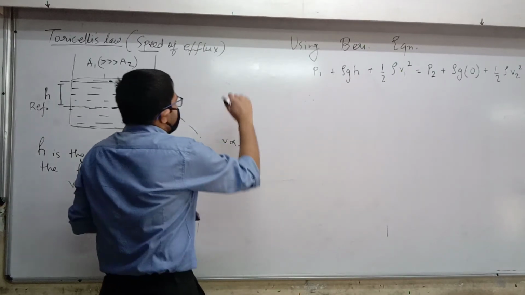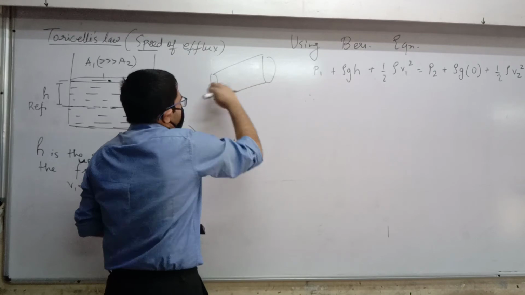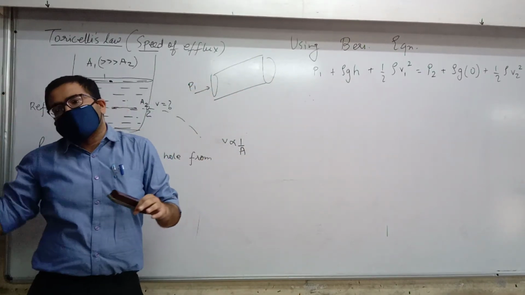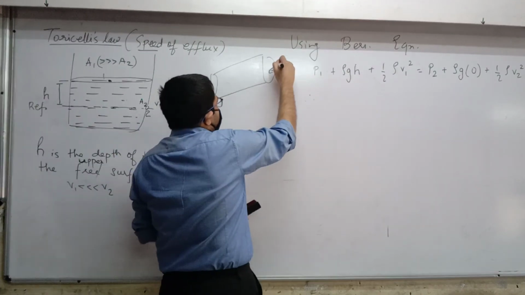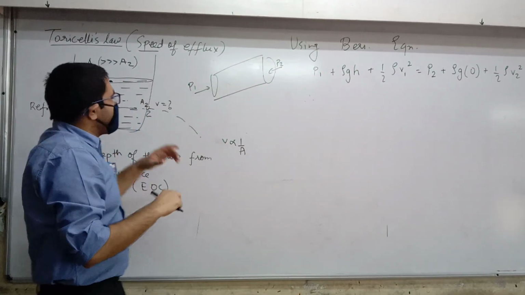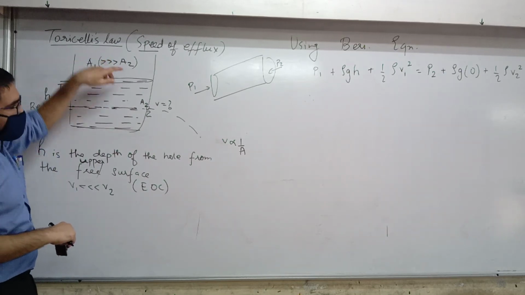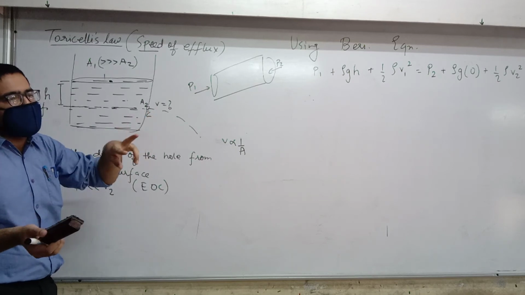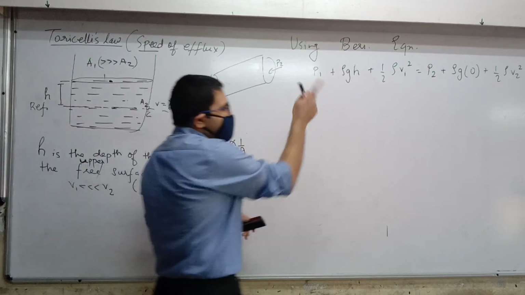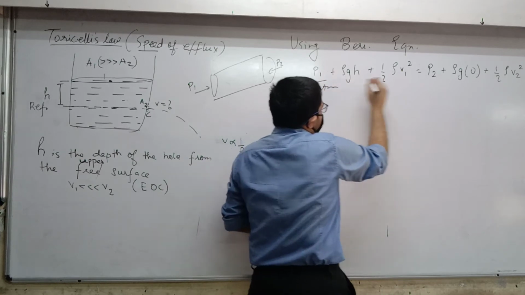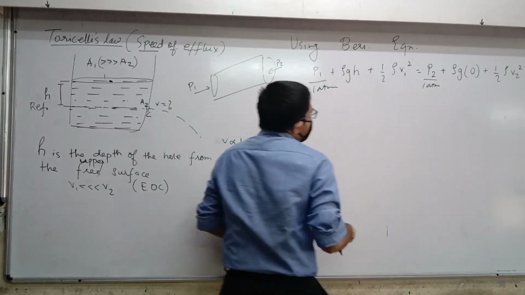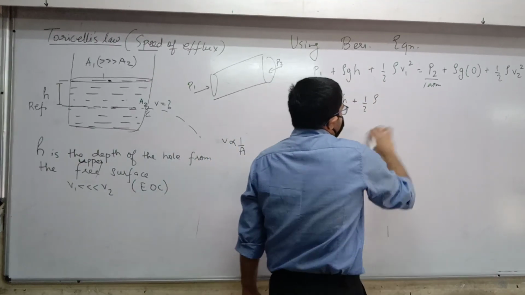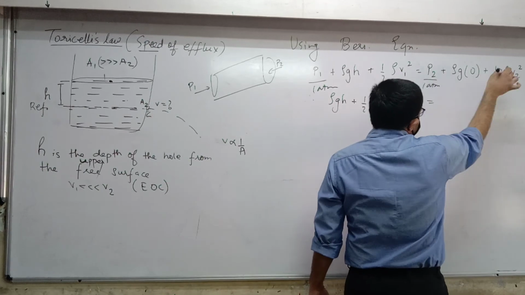Think of this. When we derived the Bernoulli theorem, we took something like a system. So do you realize that P1 was the pressure acting from outside? And similarly P2 was the pressure acting from outside. So if P1 is pressure acting from outside by air, and P2 is pressure acting from outside again by air, both of these pressures cancel. Understood? So we get rho g h plus rho. I'm leaving some space here so that this cancels this 0.